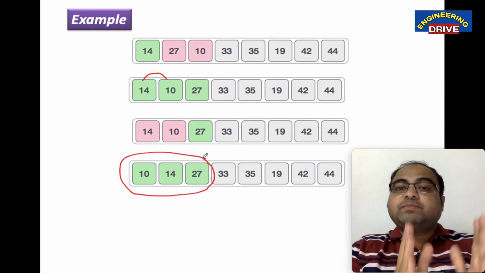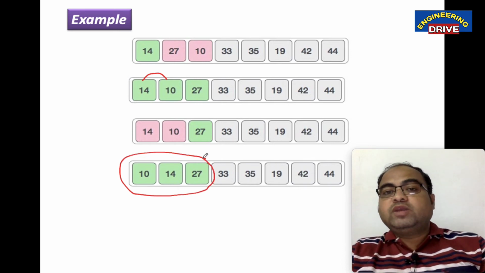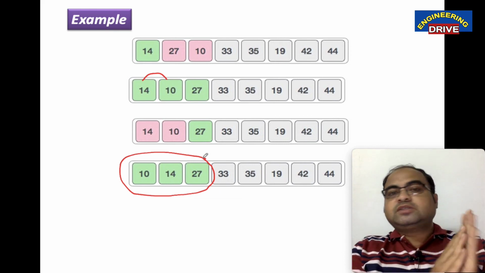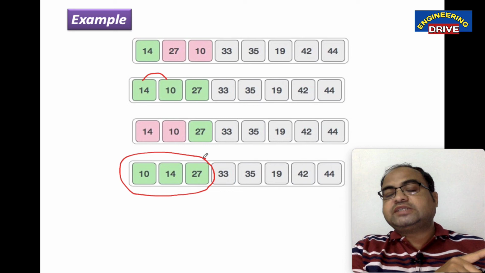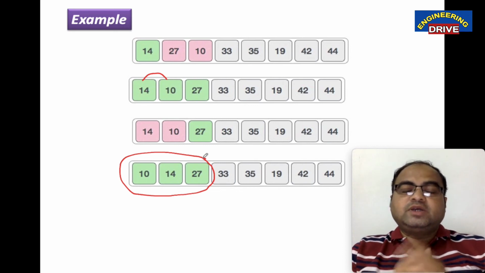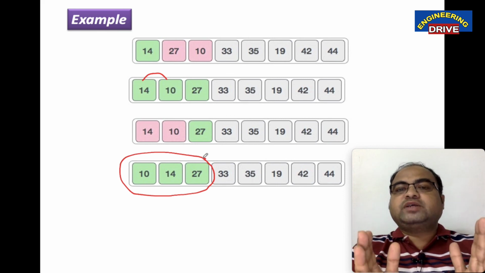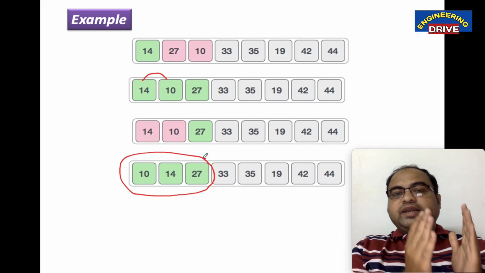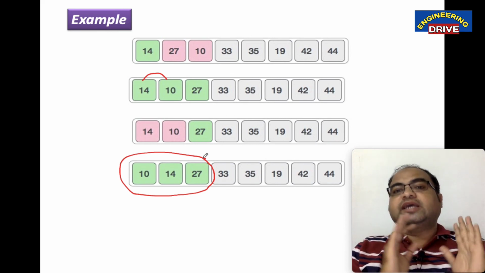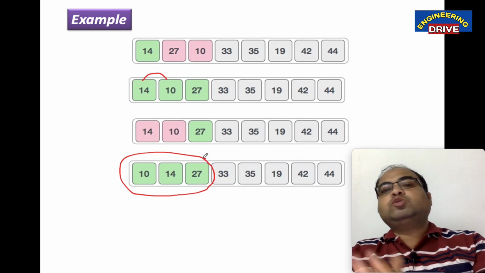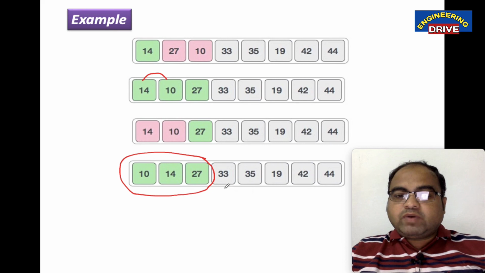So once the sublist is sorted, then only what do we need to do? We need to go to the next elements of the unsorted array. Otherwise, this is the difference between the selection sort method and the insertion sort method. Dear students, don't get confused. First of all, our preference should be to create a sublist with sorted elements. Once the sublist is sorted, then we need to check the next elements.